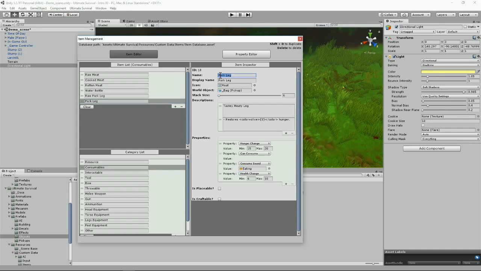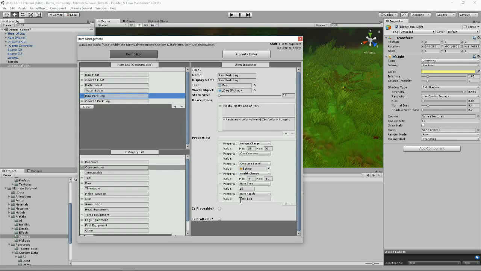Okay, let's call it a cooked pork leg. Cooked pork leg. And we'll have to change this again here, as our result would be a cooked pork leg. So we've got a raw pork leg, that's the meat icon, the bag pickup, you can have 10